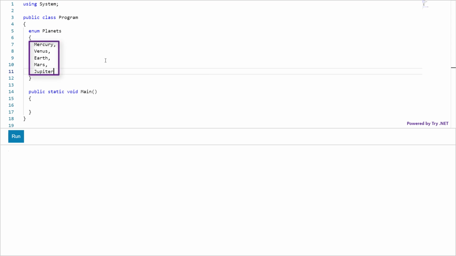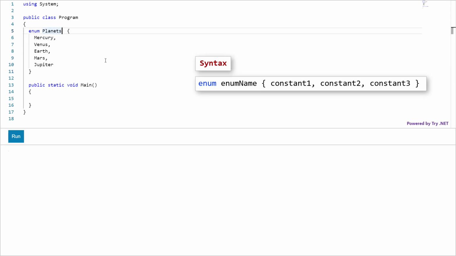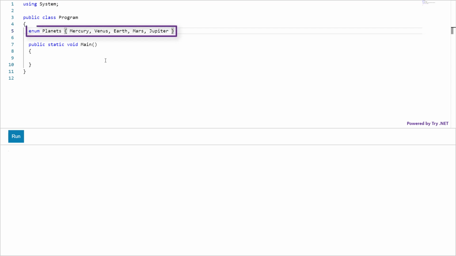You can define all these names on a single line in the form of a comma-separated list. Here I have defined a new type of enumeration called planets, with 5 named constants, fixed names, which are planet names, each separated by comma.